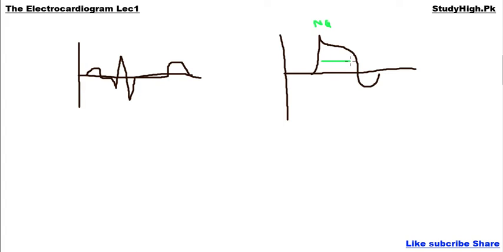As a result, there is a plateau, but you will see no plateau in this QRS complex or in the ECG, because in this plateau the ventricles remain depolarized, and when all the ventricle muscles remain depolarized, the electrocardiographic leads or electrodes connected with the ventricles show no deflection, because negative is also connected with negative and positive is also connected with equal potential. That's why there is no plateau.